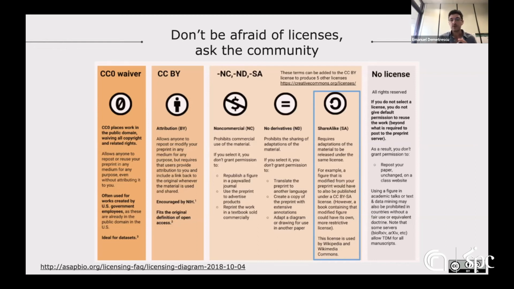It's possible to use the so-called Creative Commons. That is a legal shield that we can use to protect data in order to say that the data are reusable also by